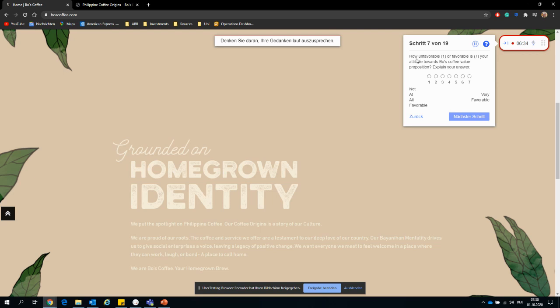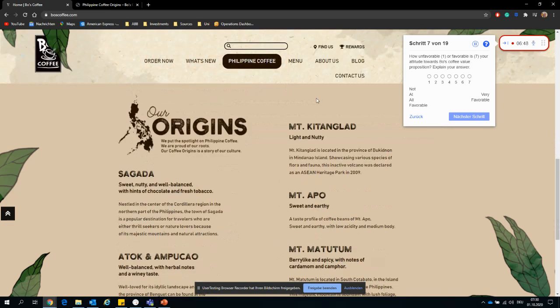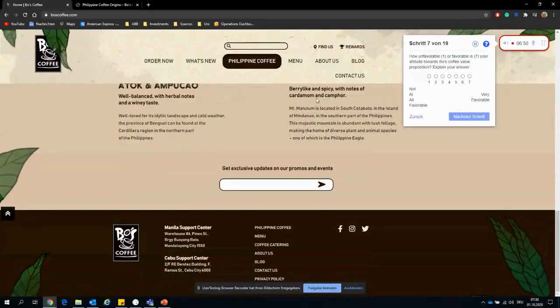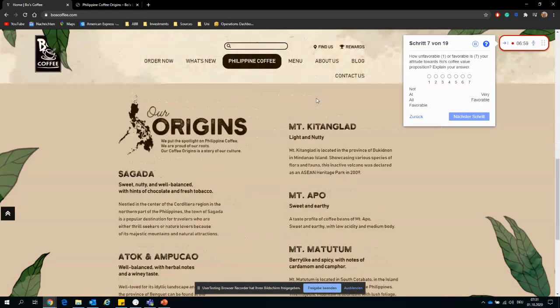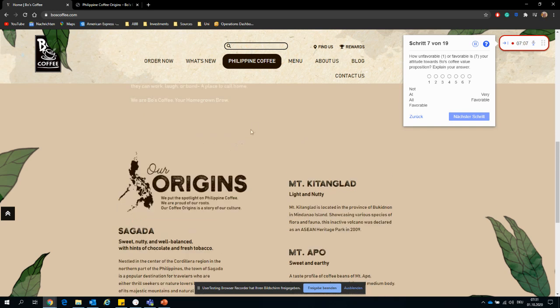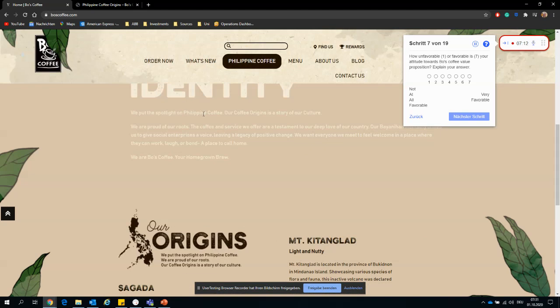How unfavorable 1 or favorable 7 is your attitude towards Bo's coffee value proposition? Explain your answer. This coffee shop brand, because they do have in-store shops, at least that's what I would get from this menu, has a very dominant